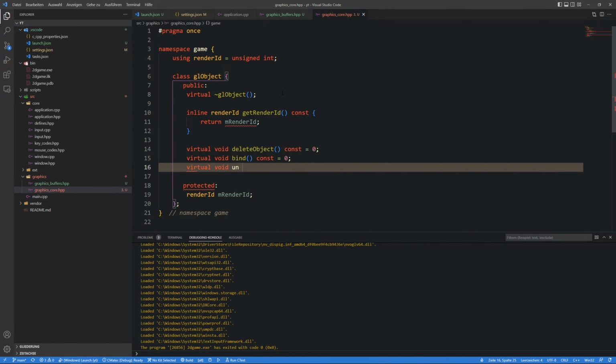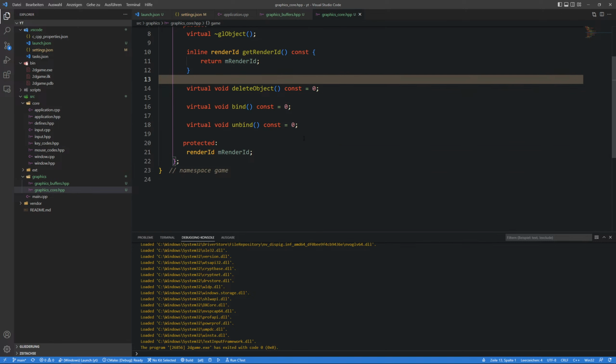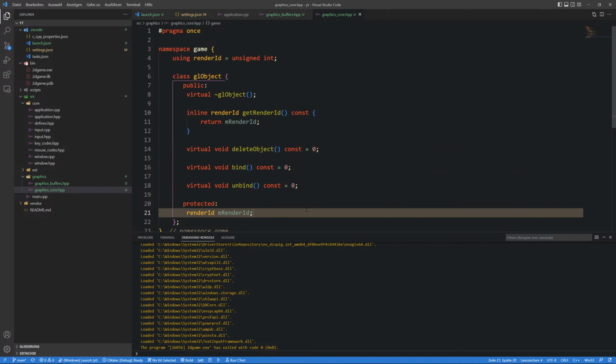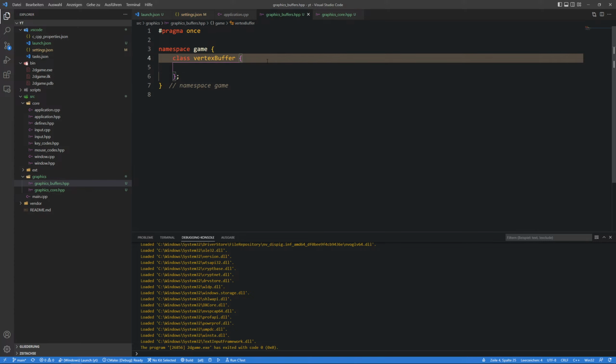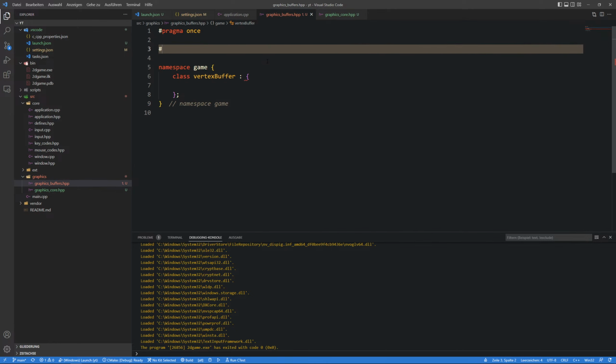Virtual void Unbind const equals 0. Okay, that's it for this header, for the graphics core for now. Okay, so our vertex buffer inherits from GLObject, obviously. So let's include